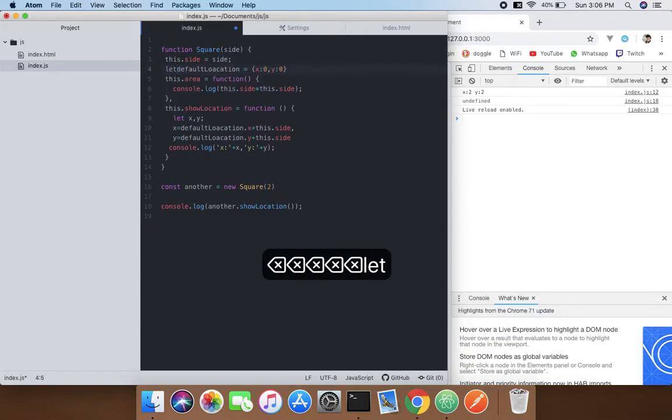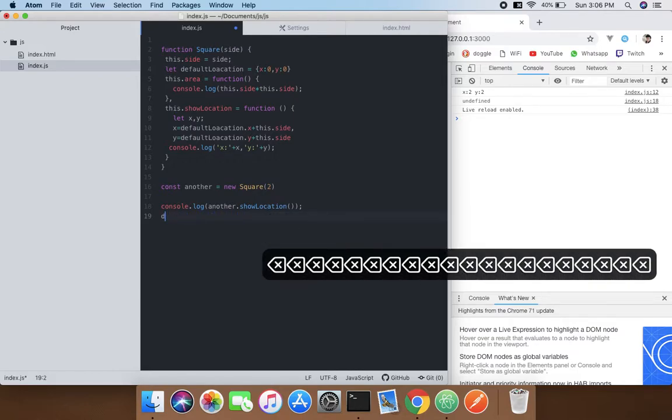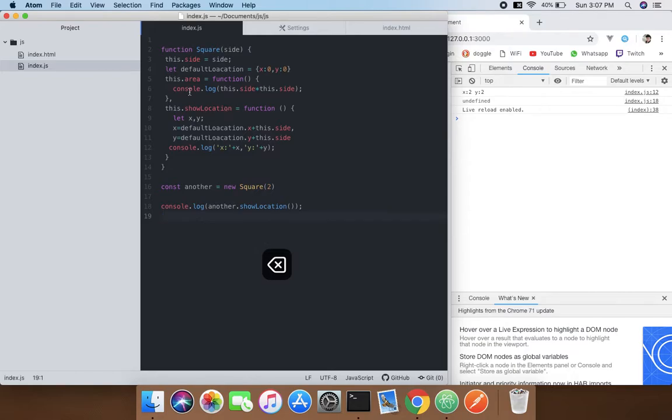from outside we can change that, and that would be a big hassle if anyone uses this default location equals something like that. He can change it. That would be a big problem, so how are we going to do that? The way we're going to do it is use the object, and it has a